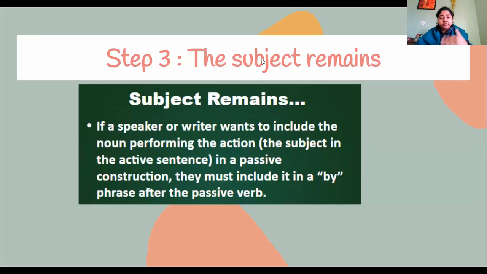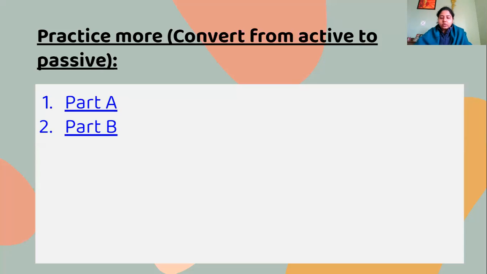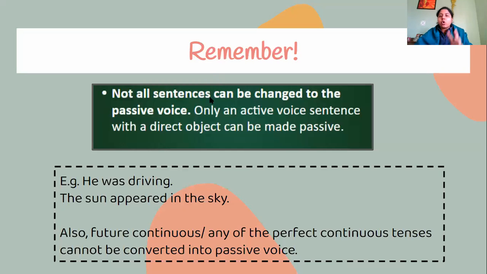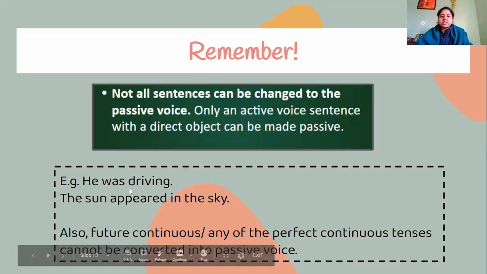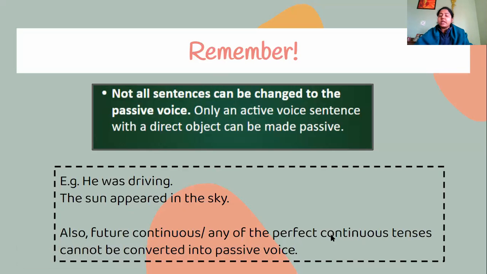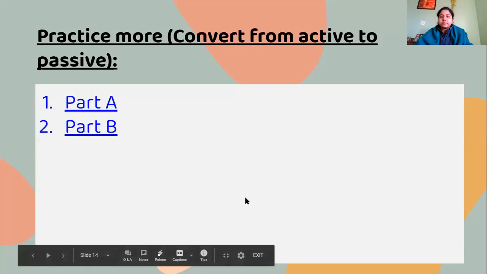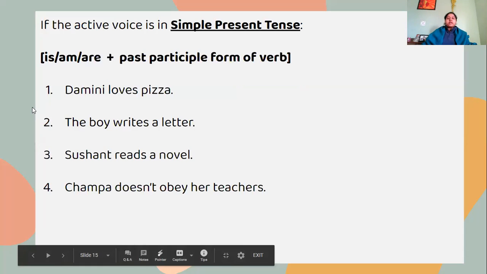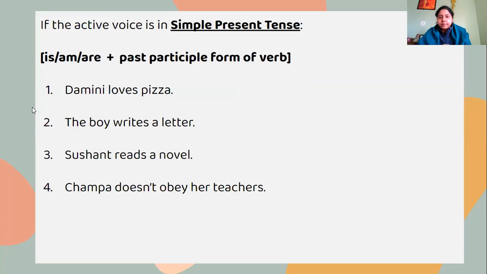Now we did a couple of sentences, we practiced a little bit, but right now we are just going to break it down even further and we will practice tense by tense. Okay, so I want you all to be really active. I will give you time to take down notes. I will tell you what to note down in your notebooks as well. And one more thing, we have to remember that not all sentences can be changed. So if a sentence does not have a direct object, it will not be changed. If it is in future continuous tense, नहीं change होगा. अगर present perfect continuous, past perfect continuous या future perfect continuous में हुआ तो भी नहीं change होगा. These are a few exceptions. All right, so then let's begin with simple present tense.